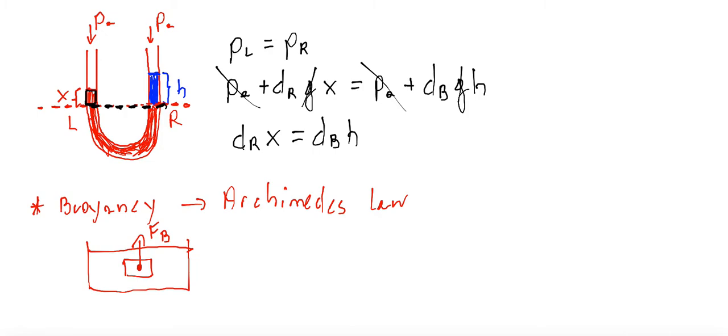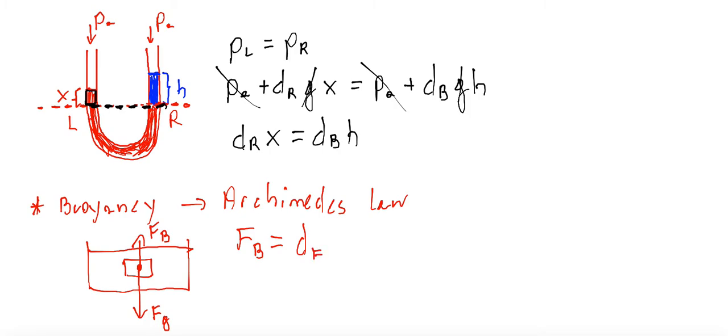This buoyant force acts opposite to the gravitational force, and it is related with the density of the fluid, because due to Archimedes' law, the value of the buoyant force is the same as the weight of the displaced fluid,